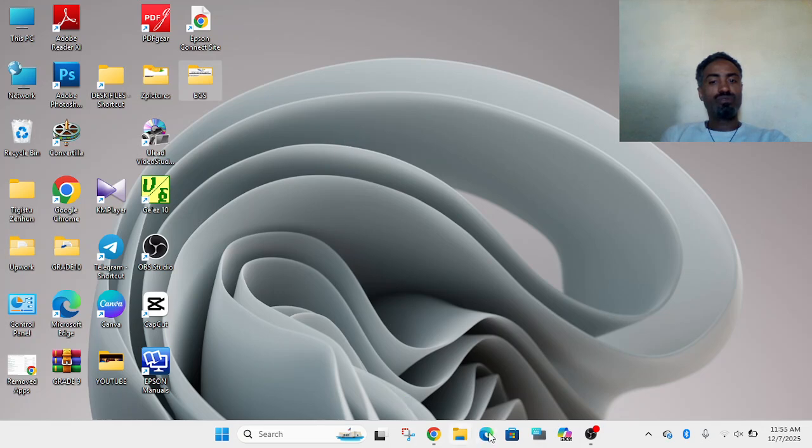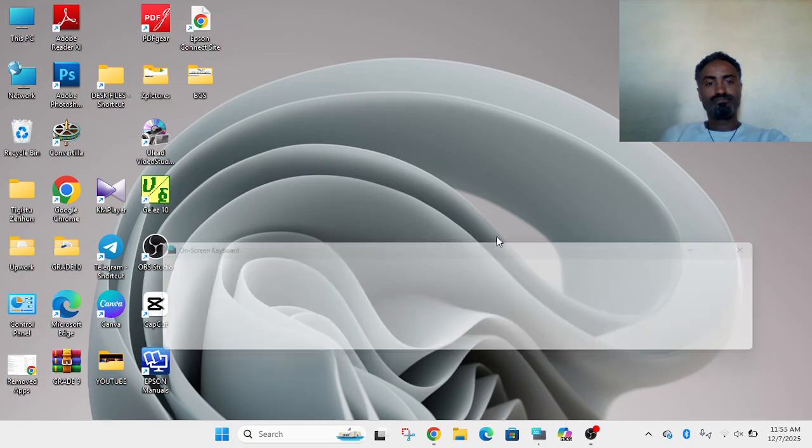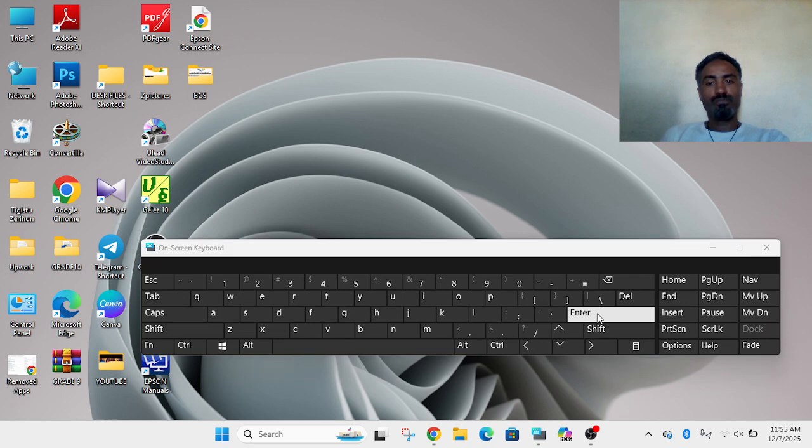It highlights, then on the keyboard, press the enter key. First select the file with one click, then press the enter key.